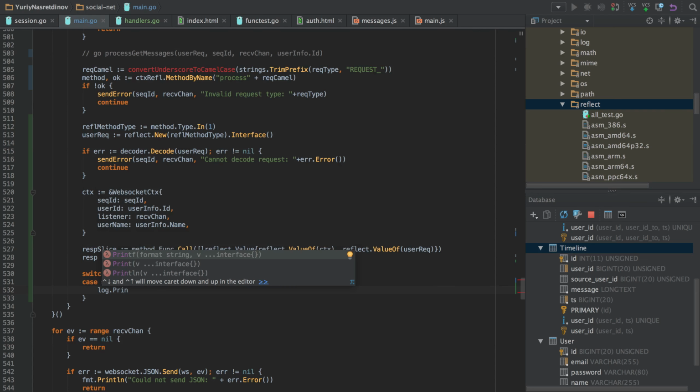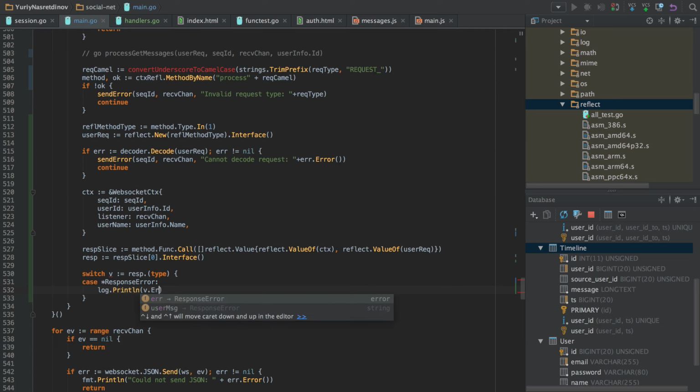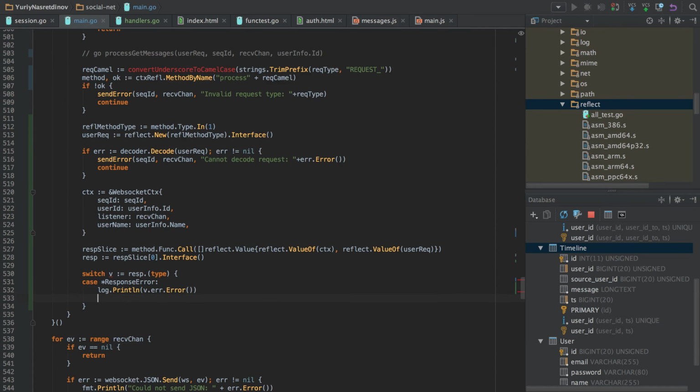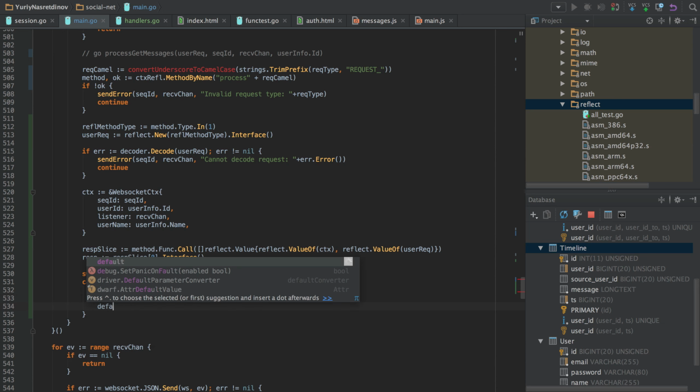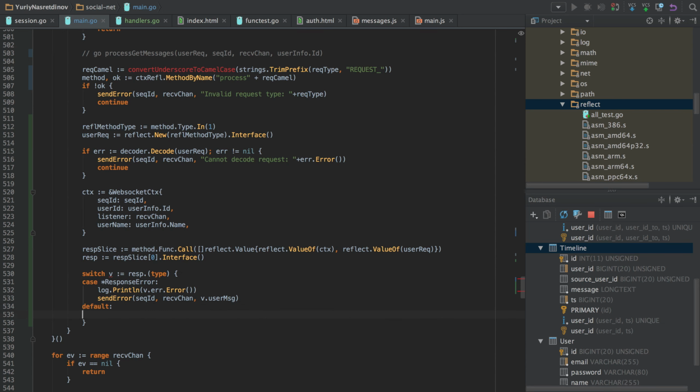So if there are any error messages, then we print it, and if there is a user message, then we send it to the user. So the structure should always have the user message, so we only should check that the error is not nil.